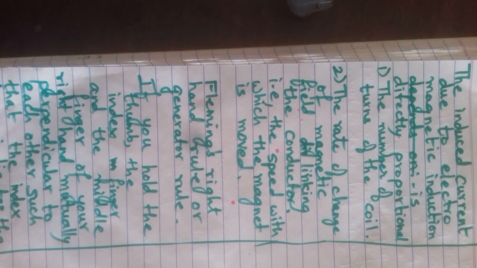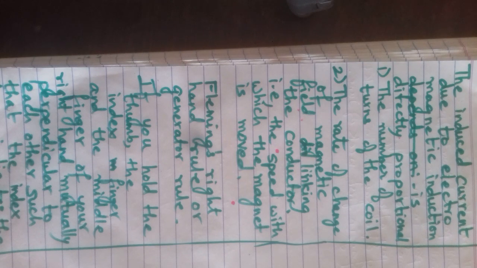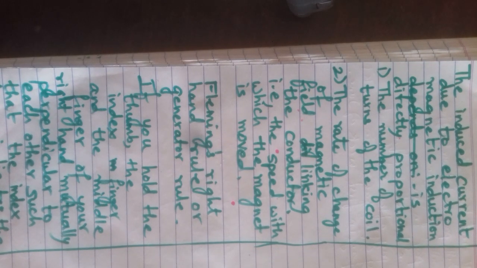We took one cylindrical hollow cardboard. On that we wound insulated copper wire with many turns. The copper wire was connected to a galvanometer and we moved a bar magnet towards the conductor, or towards the cylindrical cardboard. What we saw was the galvanometer showed the presence of current. Then when the magnet was moved away from the conductor, the galvanometer also indicated the presence of current.